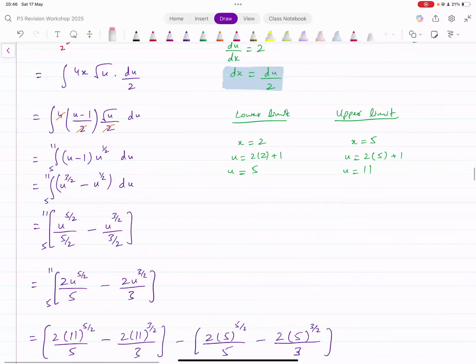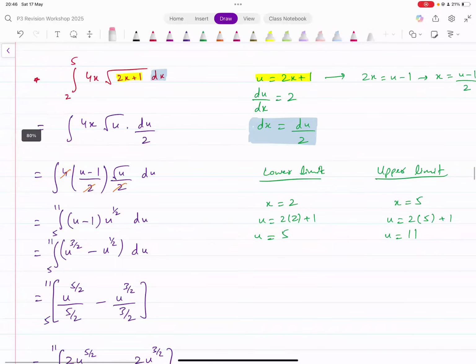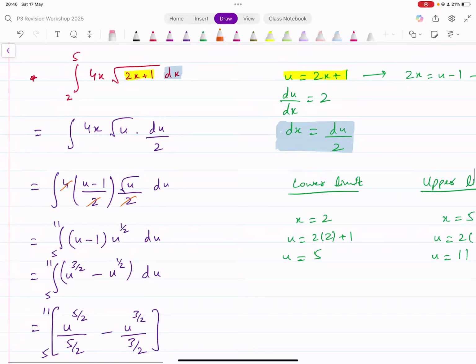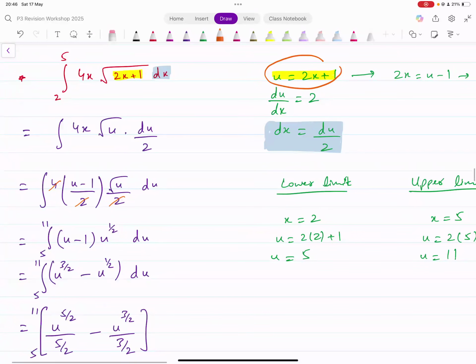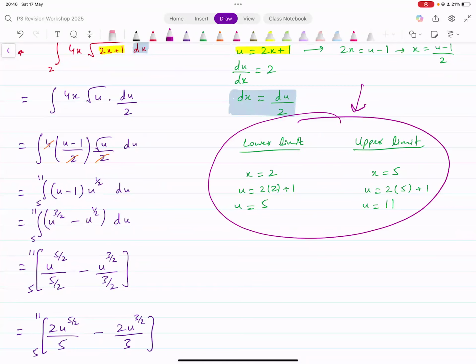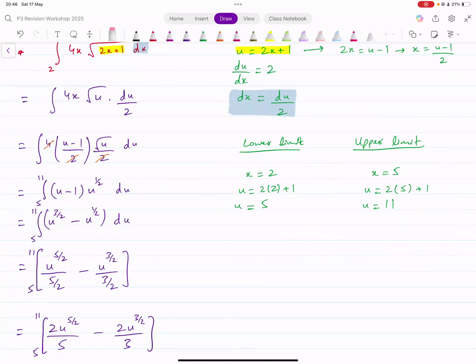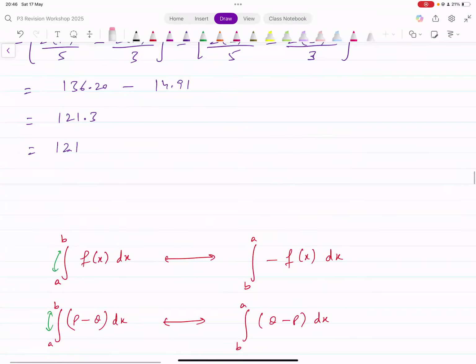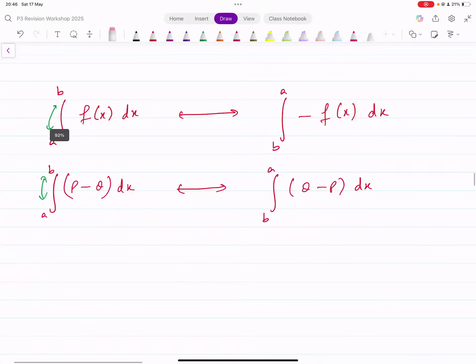Whatever substitution is given, you find the derivative of that, put those two things in that expression. If there's any x that is left still, you replace that as well by rearranging this and inputting that in that integral, and you also change the limits. When you change the limits, it's very important that you clearly write down what the lower limit is and what the upper limit is. I will talk about that in a moment, because sometimes what happens is when you change the limits,